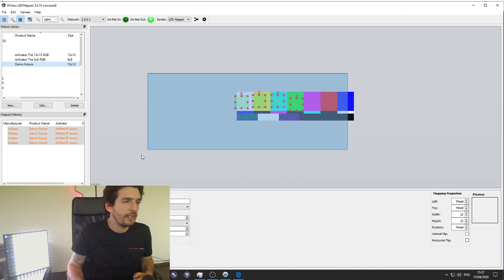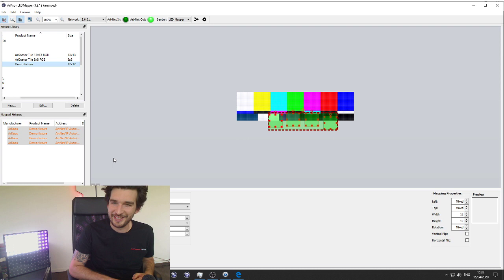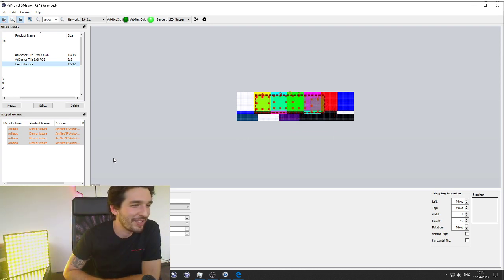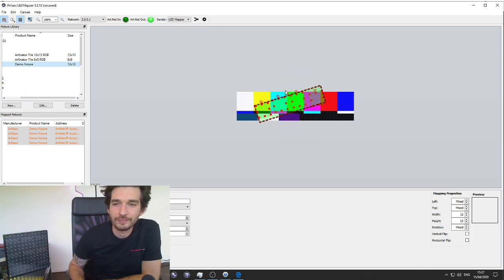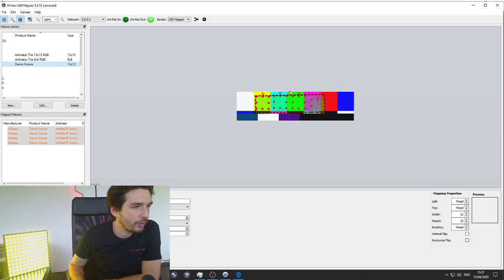You can do a multi-selection right here, moving with your mouse, moving with keyboard, left and right, moving all your groups together there. You can rotate the group. Okay, rotate the whole group of fixtures, or if you hold the gizmo of one of the fixtures, you can do a rotation of every fixture from the center of those.